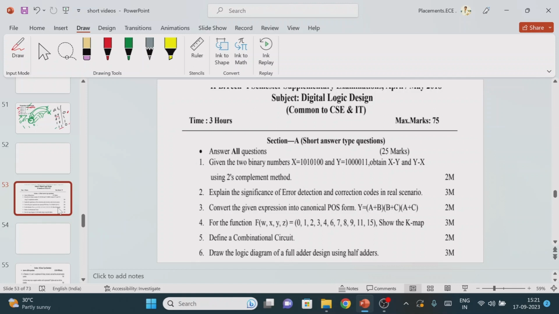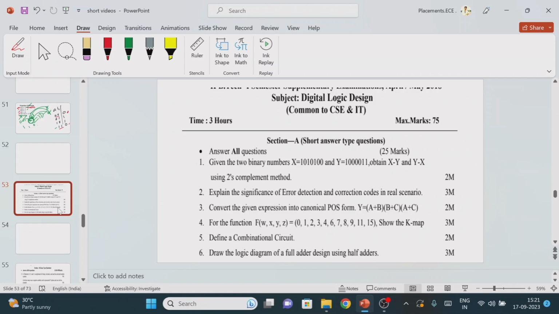This is just a revision class, right? These kinds of questions might be expected from the examination point of view, so that whenever this type of question is asked, we are ready for the exam. So here we are going to give a high level idea of how to solve the particular problem, right?